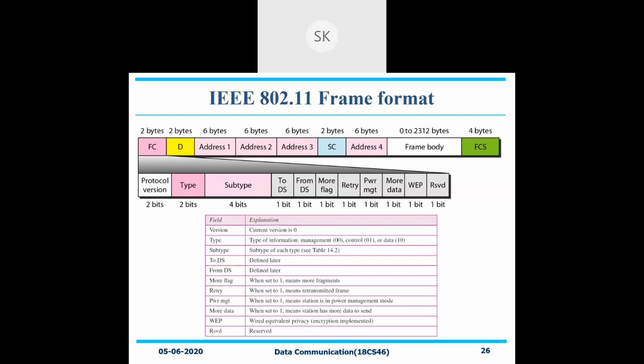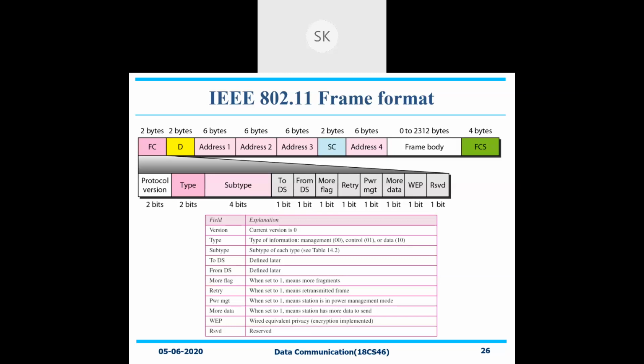It's a control field that you need to have because of so many other principles that you need to follow. It is 2 bytes in length, and it will have 11 subfields available. What will these particular fields be all about? Frame control, that is what they are saying. So you need to control the whole control unit of the frame with respect to this particular category.